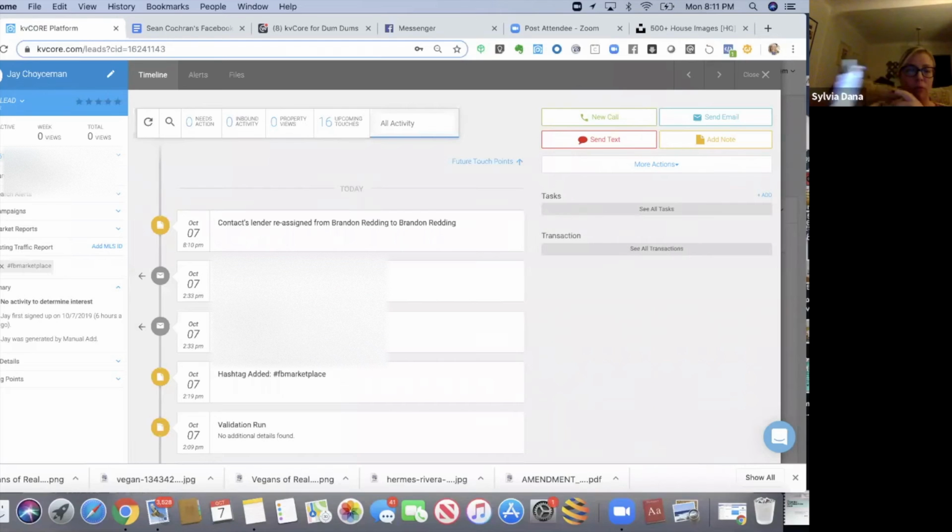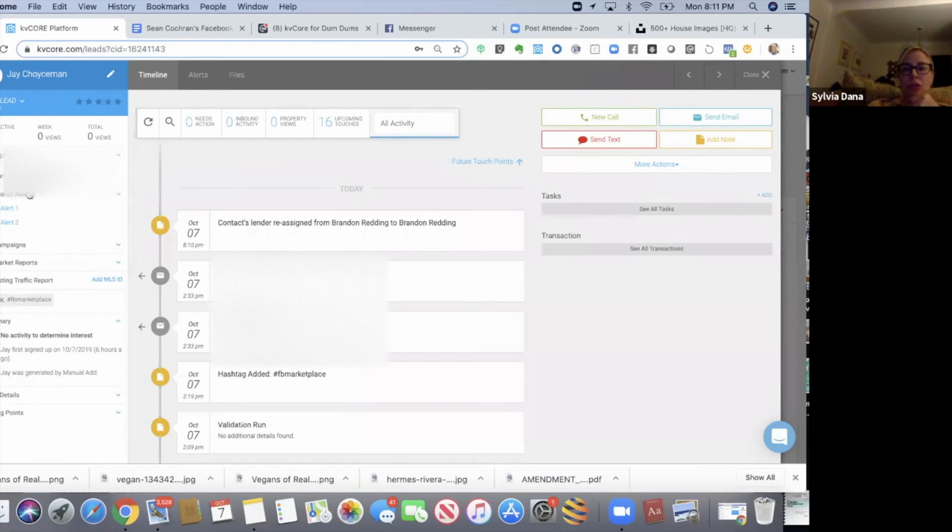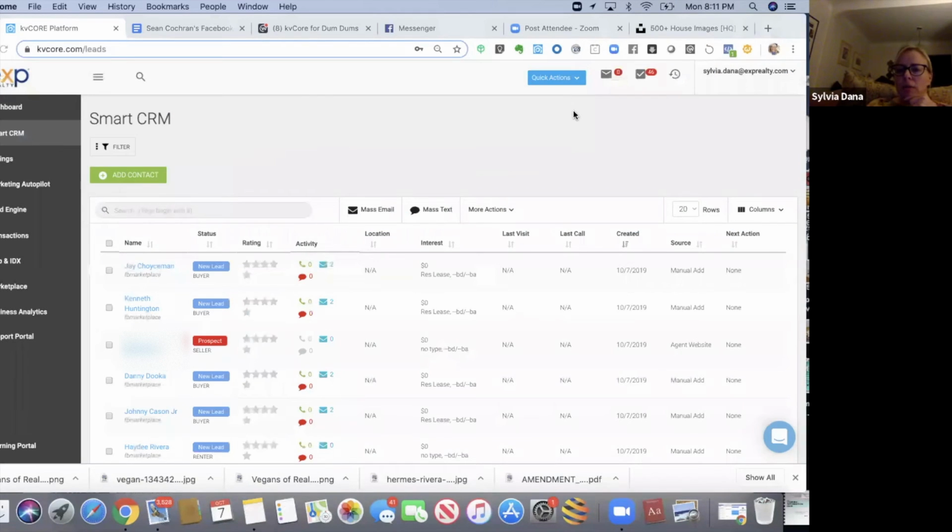Right from my phone. And then what I do is I put them on a search alert. So let's do one. Can you have more than one lender with kvCore? Yes, you can have more than one lender with kvCore. There's one primary lender that you have. You can choose one primary, but you can have as many as you want that you can assign to